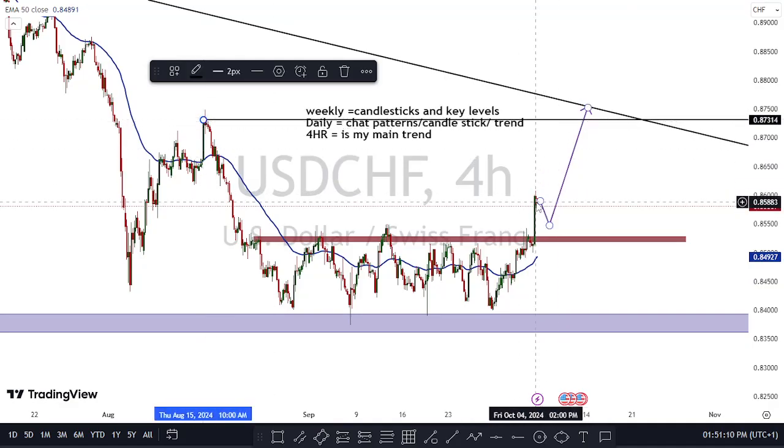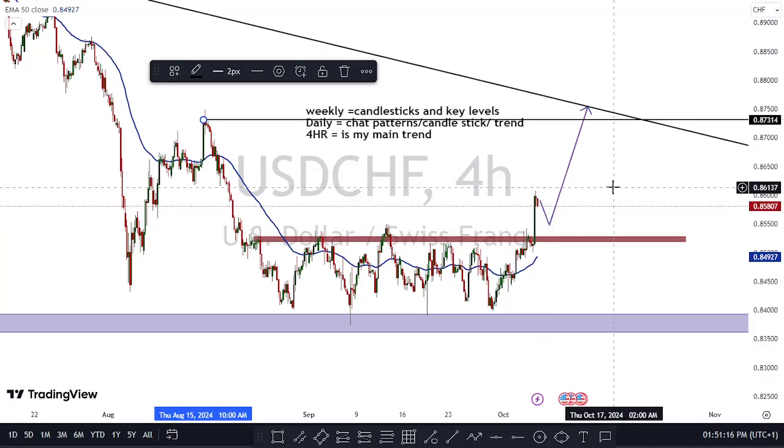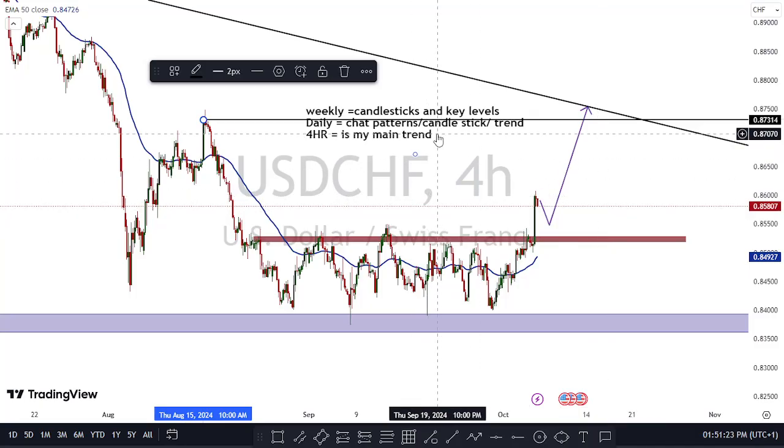Now this market could just keep pushing upwards. Oh, I wish it could come down from the trend line for us to hop in to the upside. So that is it, guys, about the 4 hour, and that's how I go about the 4 hour. So now this is my main trend, and then